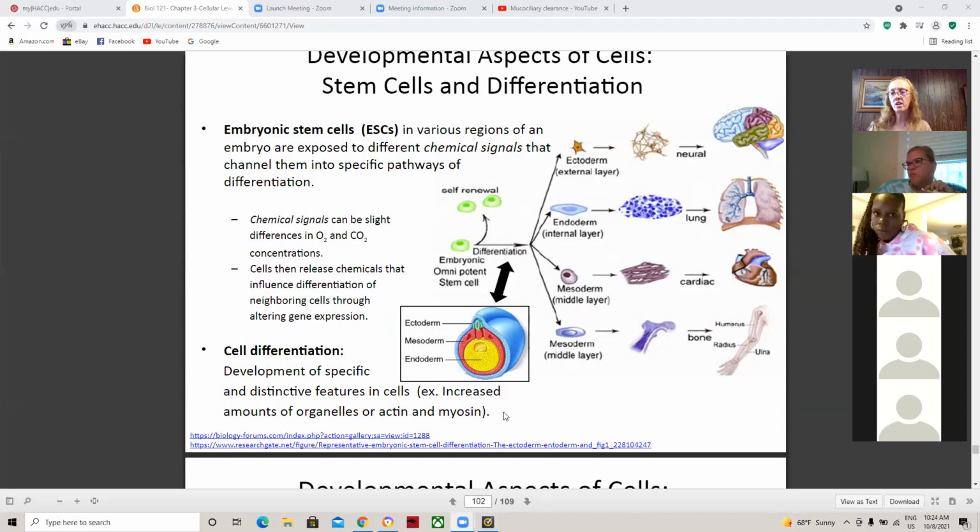Cell differentiation is this development of specific and distinct characteristics in cells, where we get increased amounts of particular organelles or actin-myosin. If you remember, we talked about how mitochondria will increase in its amounts in order to,